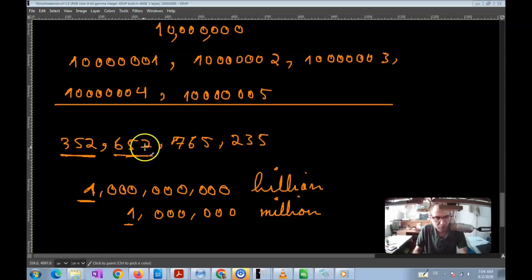So when I have a number like this, 352, and then 9 digits over here, I don't have to count the number of digits because there are these commas over here. 2 commas means 3 sets of 3 digits, which is 9 digits. 9 digits is the billion. So 352 billion 652 million